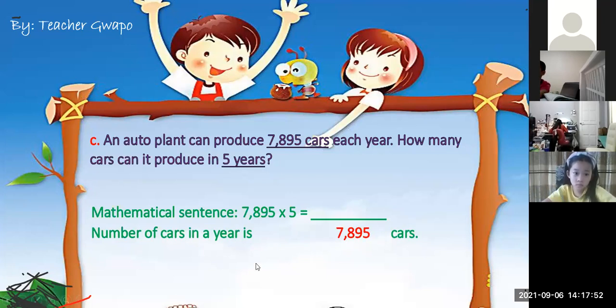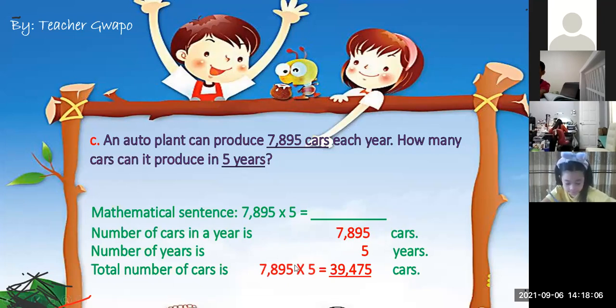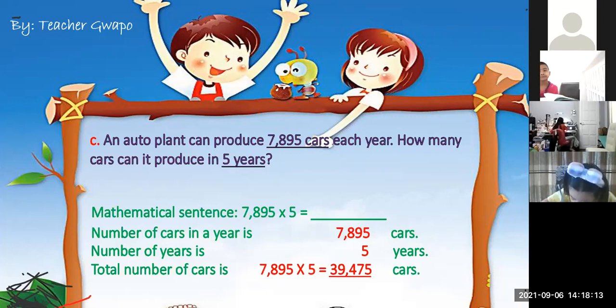Now we will multiply in 5 years. Number of cars will be in 5 years. So we will just multiply 7,895 times 5. So the total number of cars here is 7,895 times 5 is equal to